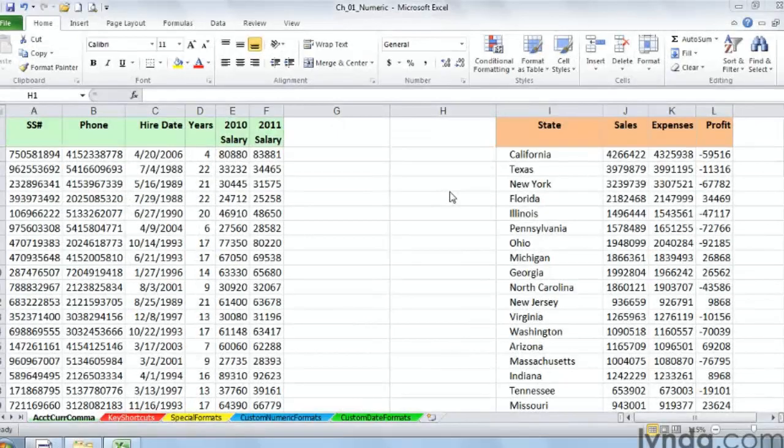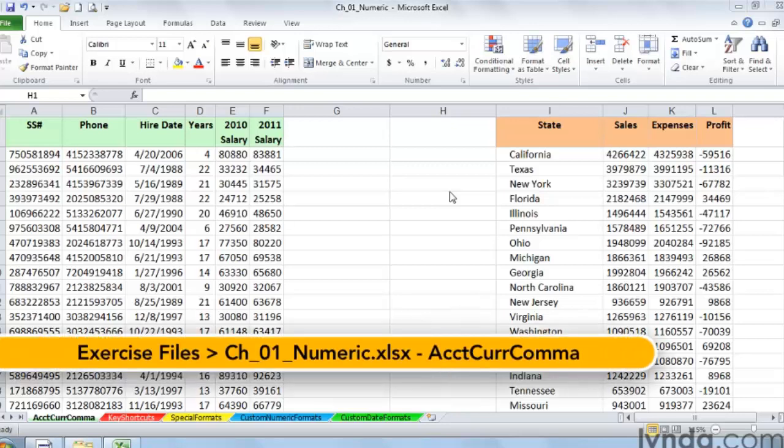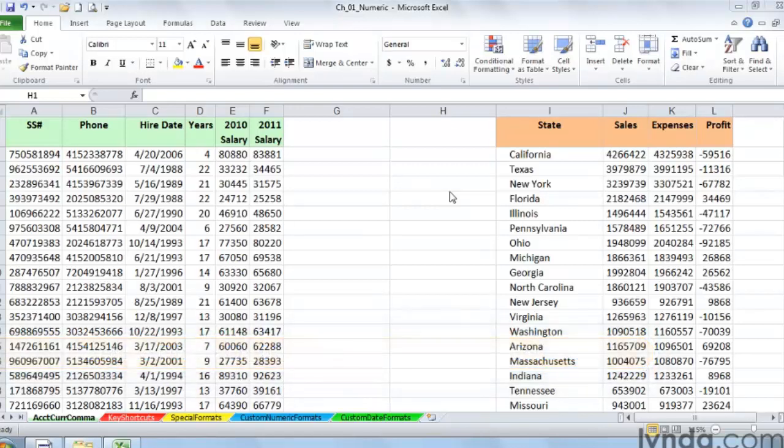Controlling the display of numeric information is one of the most important things that many Excel users need. This worksheet, like many an Excel worksheet, is loaded with numbers. Look at the information in columns E and F. We've got salaries here, and nothing wrong with those entries really, but it's pretty much of a convention that as soon as we have 4 digits in numbers, we'd like to see commas or some way to read them more